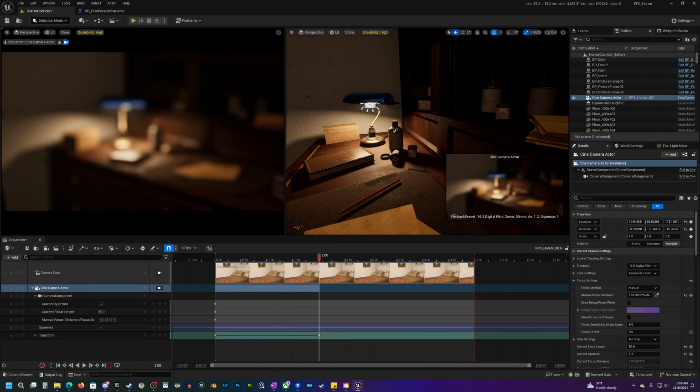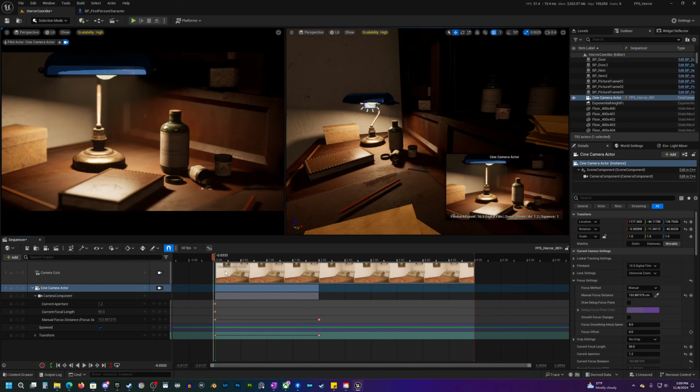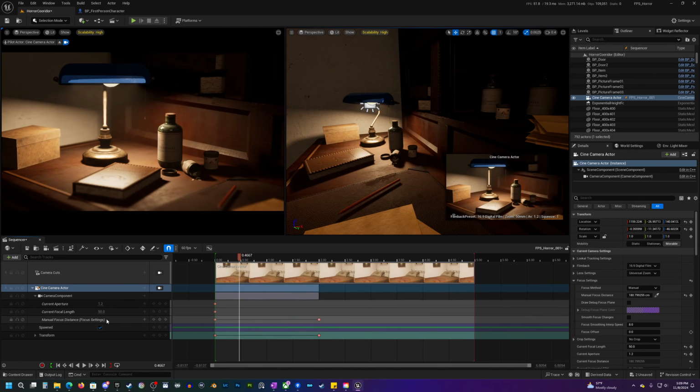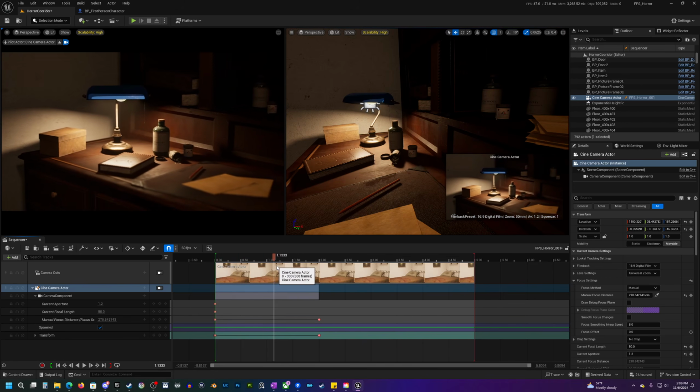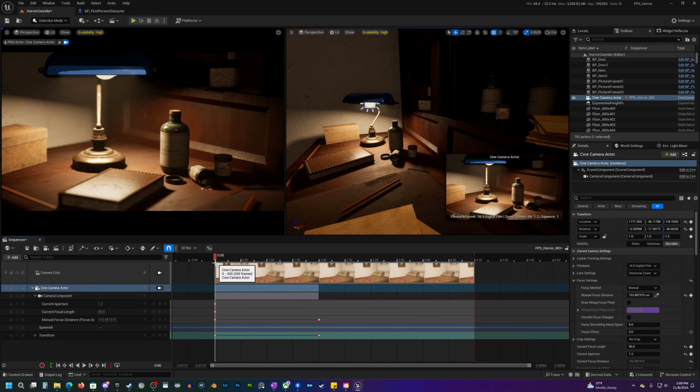And we could make sure that we are focused on the bottle. And then we could keyframe this. So now, as we zoom out, you can actually see the focus settings are changing as we're going back. Okay. And the other thing that you might notice, if we play this, let's actually just move our timeline to end